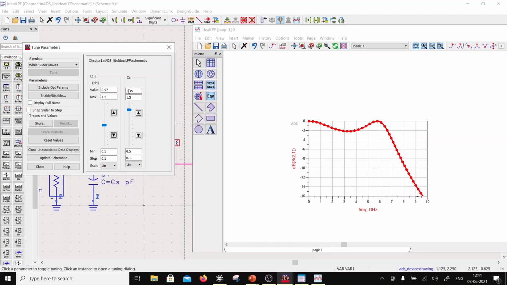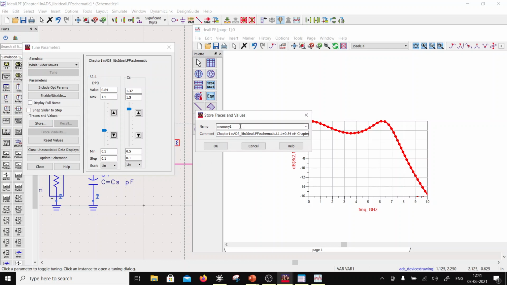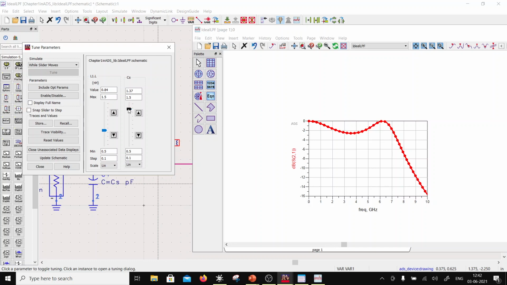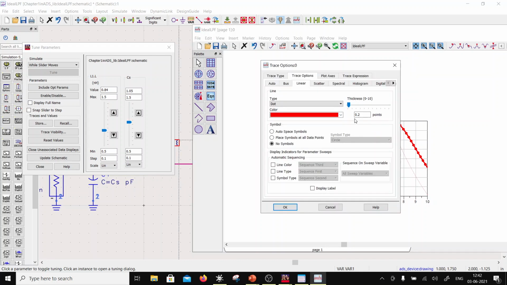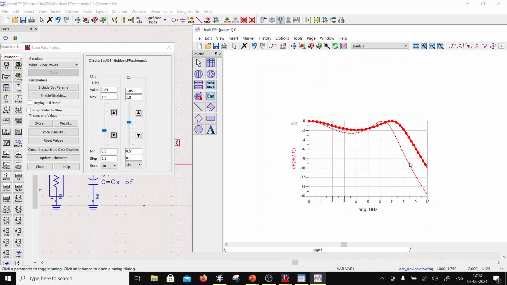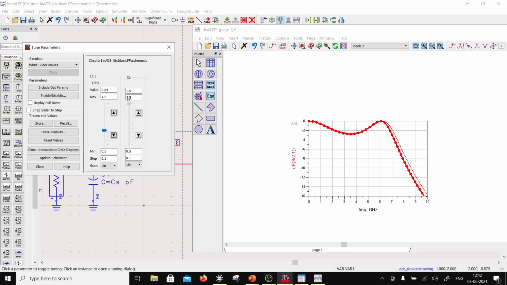Now if you like a certain tune, for example, I like something like this, then I can go here and store it, and I can give this the name optim1. So this is my best result, and I say okay. Now I can keep tuning it. There is a dotted line which says that this is something you have already stored, so I will make it bigger. This is what you have stored, and if you keep tuning it again,